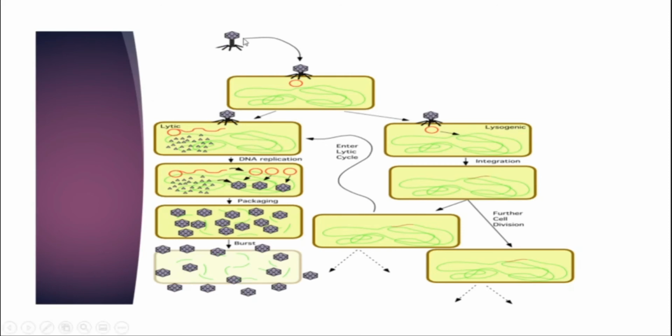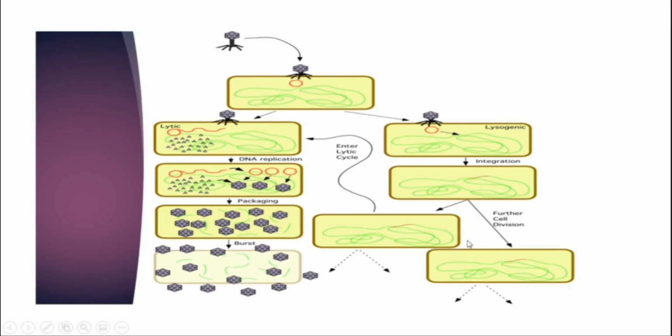Here you can see the entry of a bacteriophage, a tadpole-shaped bacteriophage. They'll attach to the host cell surface by adsorption. They'll penetrate the genetic material into the cytoplasm, and this nuclear material will continue with the lytic cycle. They will produce plenty of new viral components and viral DNA, and they will undergo replication. Once they achieve the maximum number of all the components of the virus, they will undergo the packing process, and these packaged items will burst out by lysing the host cell. They'll come out in large numbers. This is the lytic cycle.